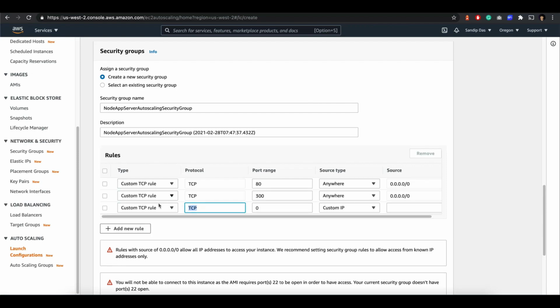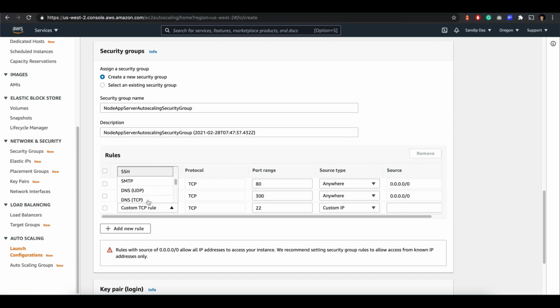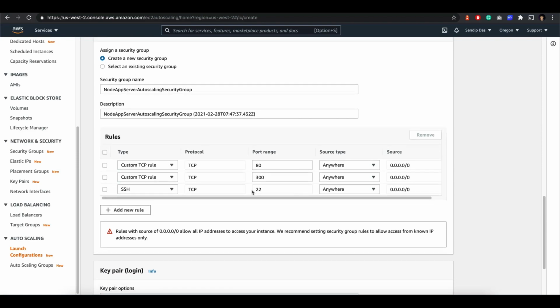And I want port 22. Again, for a production server you should never enable this one, but for this testing and demo purpose, I'm showing it.